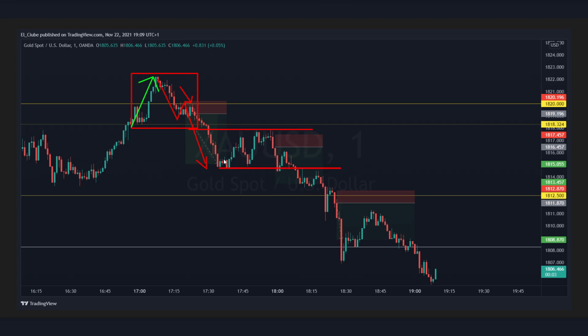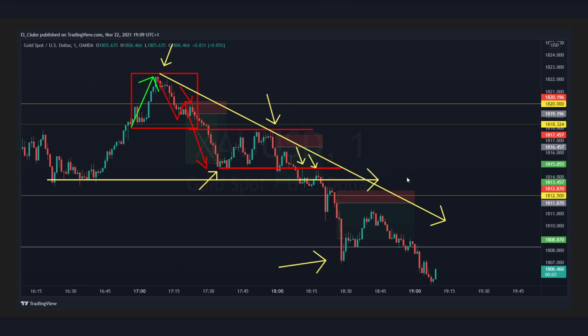Then you have the retest of this same last. This is the retest of the last lower low, because now we are in a bearish trend, and that's when you have the retest, and you have now confirmation. You have now the confirmation that we are in a bearish trend with the last high, new lower low, new lower high, and then a new lower low being created. Also, you have the clean retest